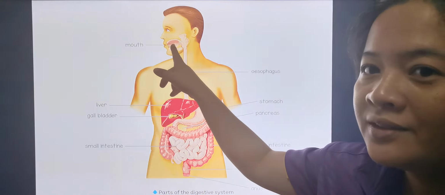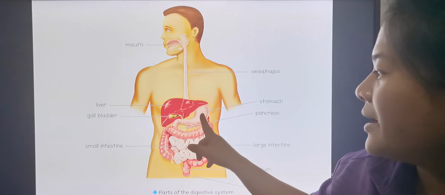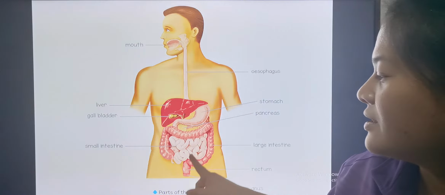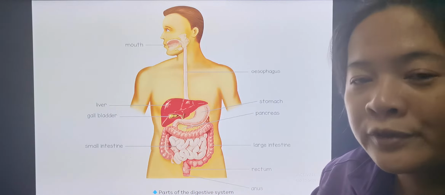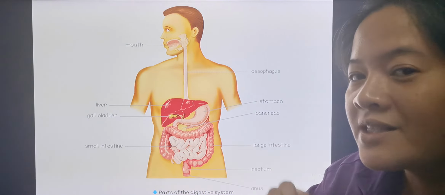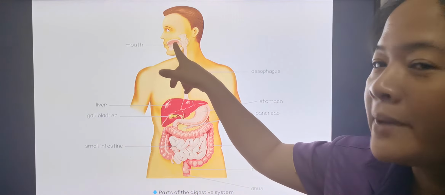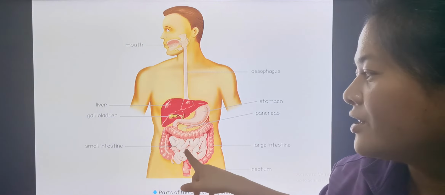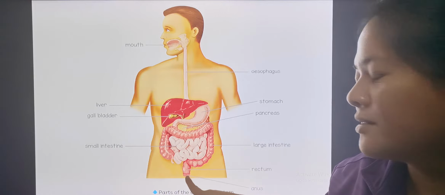We have the mouth, esophagus, the stomach, small intestine, large intestine, rectum, and anus. This is the flow of the food. Remember, this is the flow of the food. So when we eat the food, it will go to the mouth, esophagus, stomach, small intestine, large intestine, rectum, and